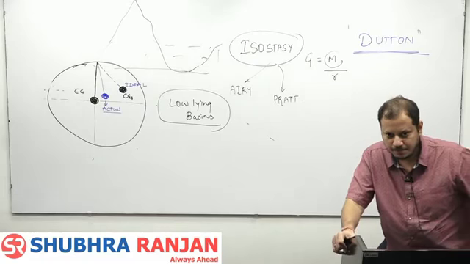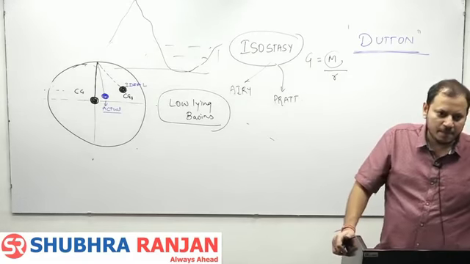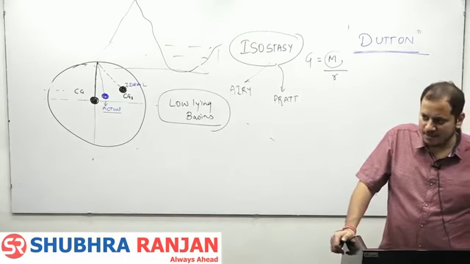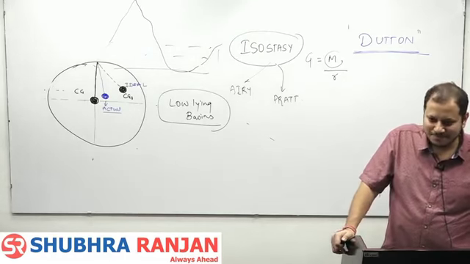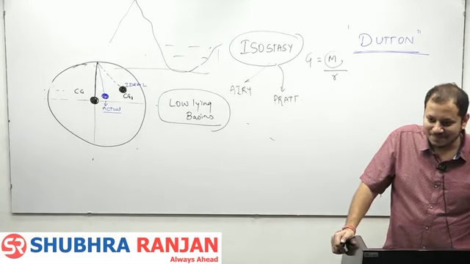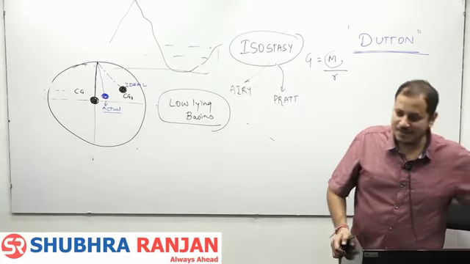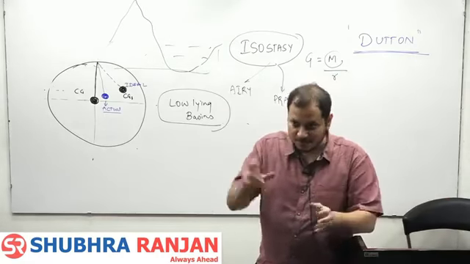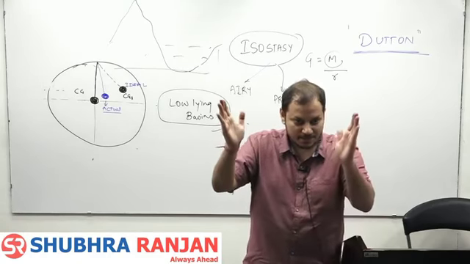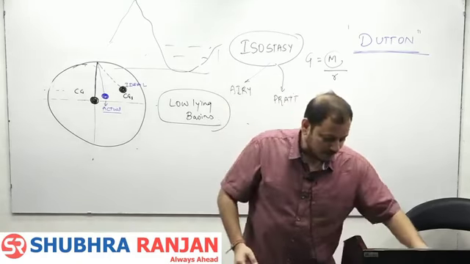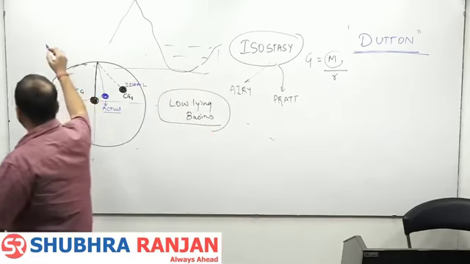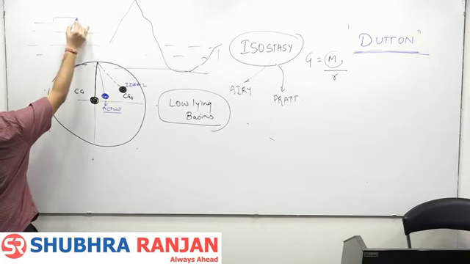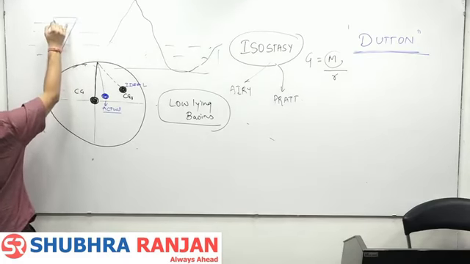Full stop. How I know that, or how geographers know that Aravallis were once as high as Mount Everest? What does the law of flotation say? Law of flotation says 9 parts are below. If one part is floating, that means 9 parts will be below. That is, if a ship is floating or if a wooden log is floating, this is the water, 1 part will be on the top, 9 parts will be below. Fine?